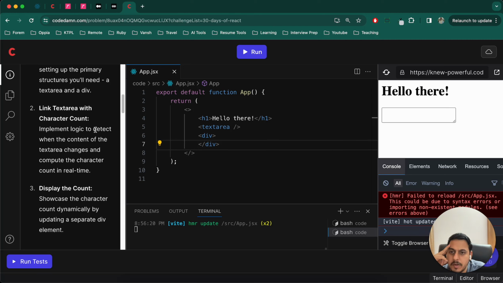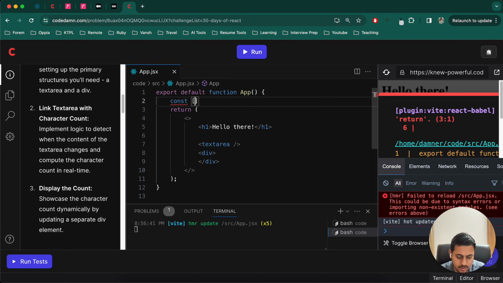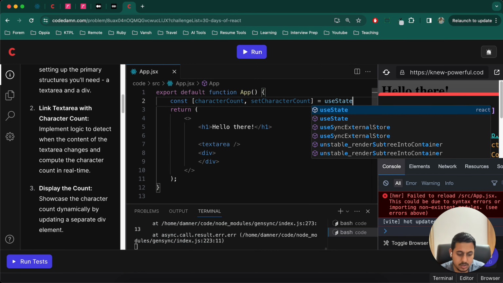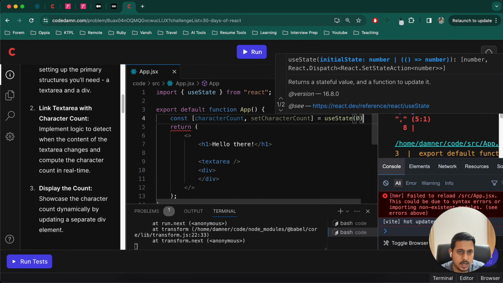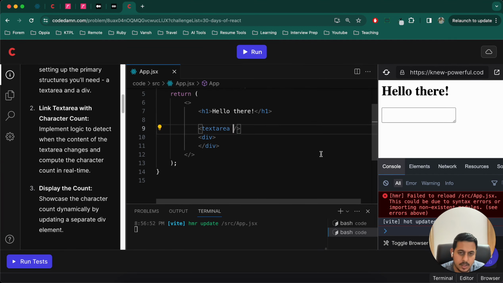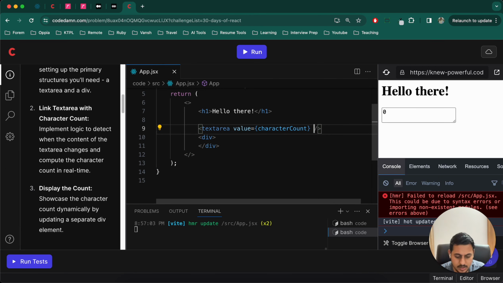Link text area and character count. Implement logic to detect when the content of the text area changes and compute the character count in real time. This is almost similar to what we had done in the past. We will have to use a state hook, const character count, set character count equals useState. By default, because it is a character count, I think 0 would be a correct option, otherwise we'll update it later. And we'll mention value equals character count, and onChange